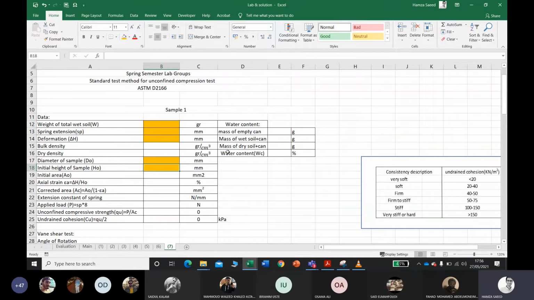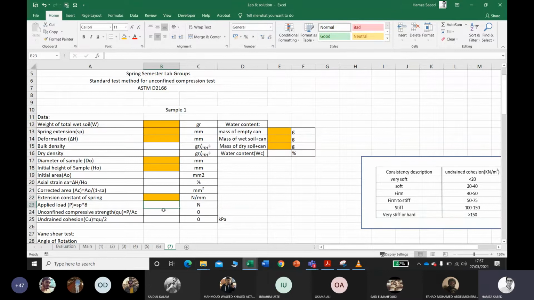You are required to calculate the water content, and of course the bulk density and dry density of the specimen play an important role. These are the things you are going to mention in your discussion part. From here you are going to calculate the dry density. You are quite familiar with how to obtain the dry density. The extension will be given to you as well.